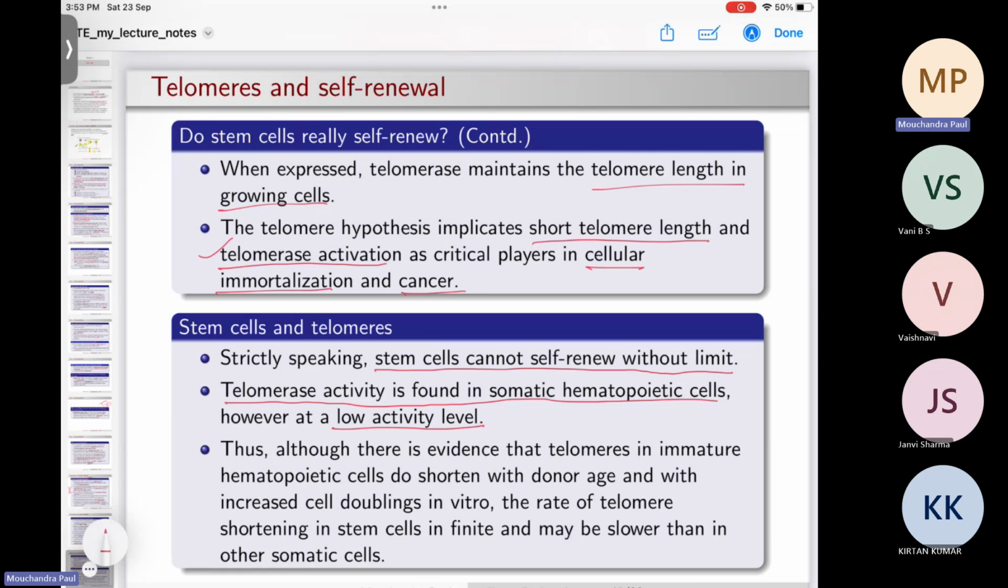Thus, although there is evidence that telomeres in immature hematopoietic stem cells do shorten with donor age and with increased cell doublings in vitro, the rate of telomere shortening in stem cells is finite and may be slower than in somatic cells. All right, so activity of telomerase is seen in stem cells, but the activity is less in comparison to that found in cancer cells, as well as in normal cells, because of which the length of the telomere is not reducing as much as is seen in somatic cells. Okay,